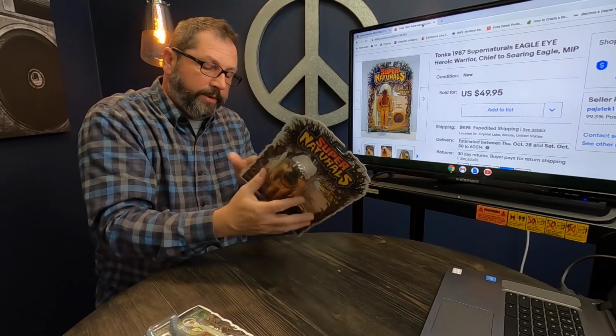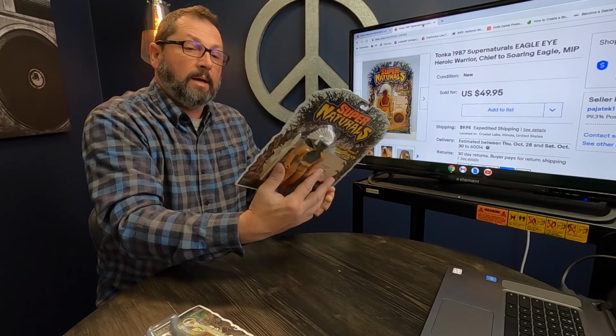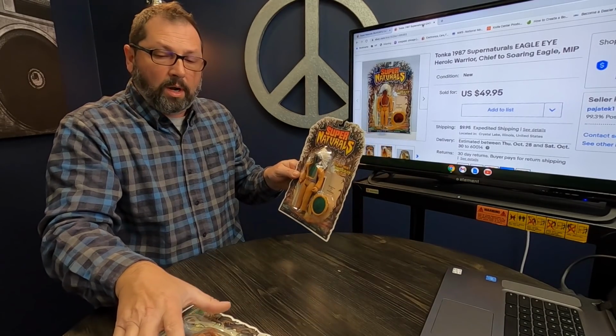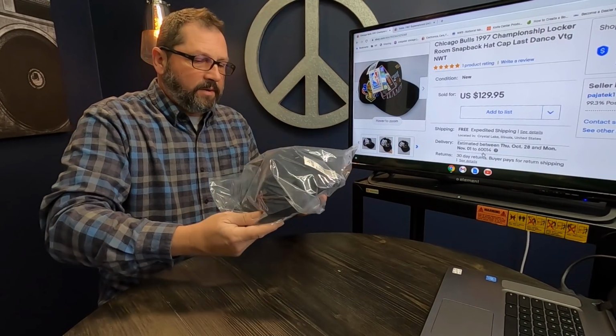So these are pretty cool. This one is, I think, from the same year. Yes, both from 1987, made by Tonka. What a cool flip. So next we got this fantastic